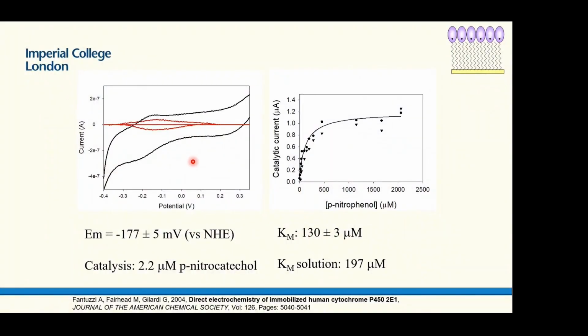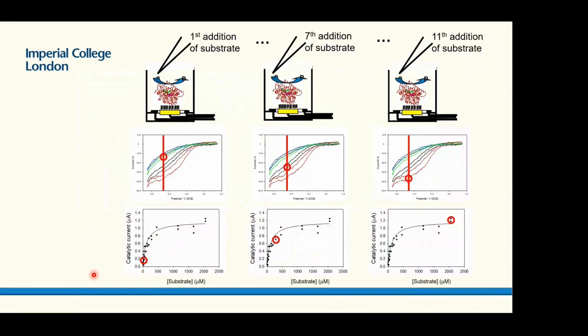We can then titrate a substrate and measure catalytic current, and plot the catalytic current as a function of the concentration of substrate, and get a Michaelis-Menten behavior that gives us a Km that is very close to the Km in solution. And also we can then measure the product formation, and again it is the correct products. So what you can do practically is have your protein immobilized on the electrode surface via the monolayer, and then you progressively add substrate,